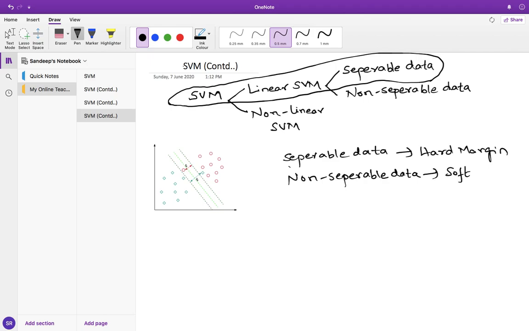That means it's not a fixed margin. Based upon how flexible we want to be about the distance, or about considering outliers, we would be modifying that. We'll still have the line here, although this data point is towards this side, and still work it out. Let us see the more detailed mathematical equations corresponding to that.